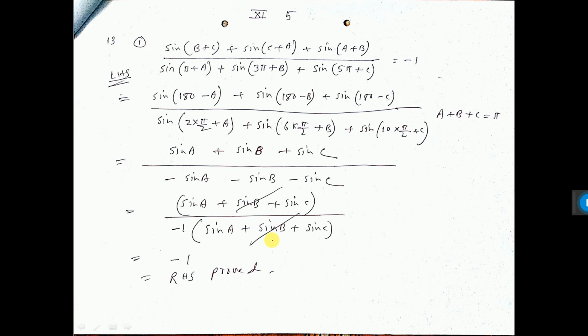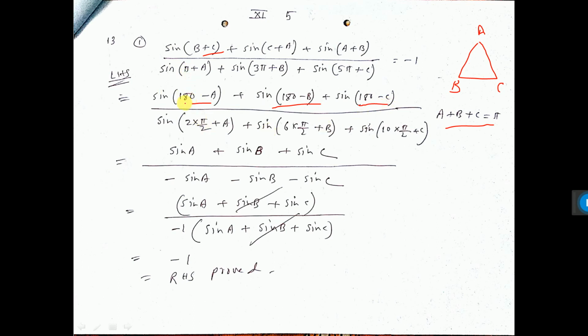But this sum I need to explain, because in the question it is told that A, B, C are the vertices of a triangle. So you can write A plus B plus C equal to pi. Pi means 180 degree. You see that I have written here. So B plus C you can write pi minus A, that is 180 minus A. C plus A you can write pi minus B, that I have written. A plus B you can write pi minus C, that is 180 minus C.